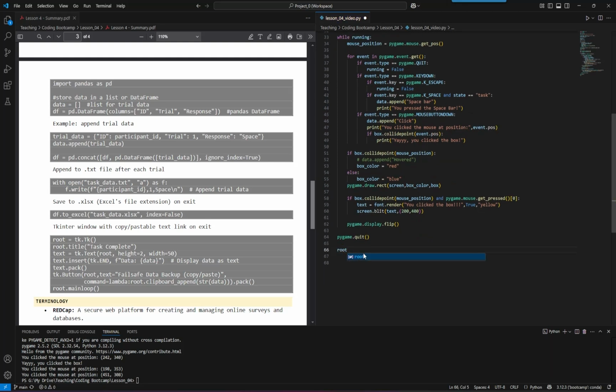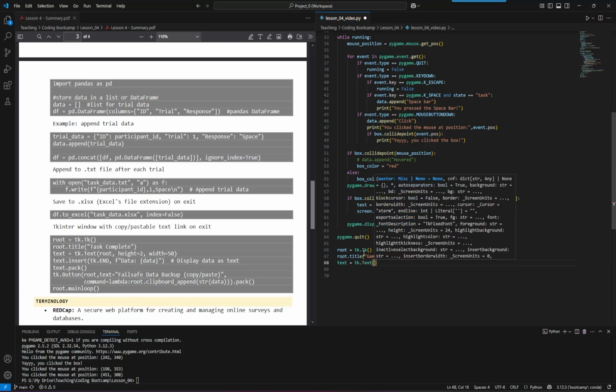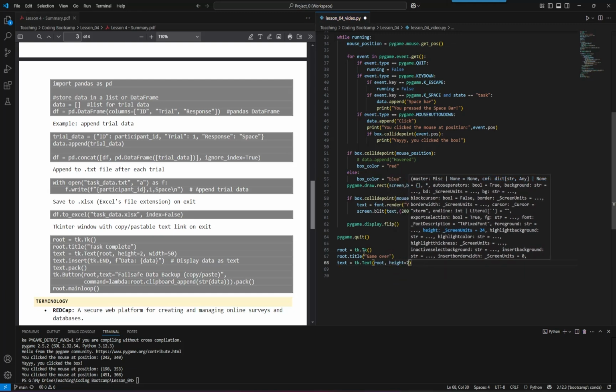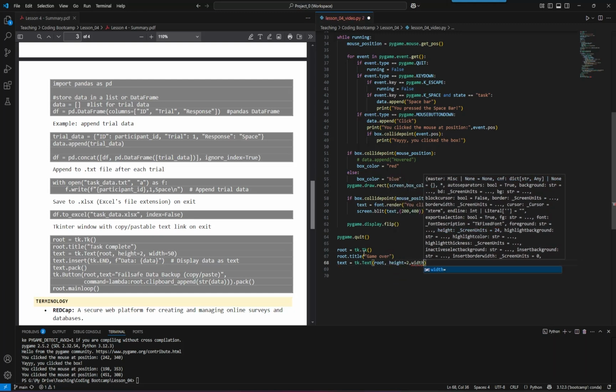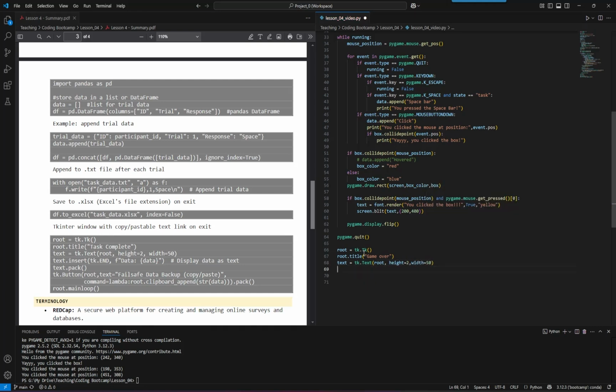I'm going to create another instance of our tkinter window. So I'm going to say root equals tk.Tk, and then we can change that title to be game over. Then after we're done with that, we're going to insert something. We're going to create a text. We're going to say the text is tk.Text. We want to give it that window, which is our root, and we can give it a height and then a width, just so it resizes it a little bit so we can see the full window. Then we're going to text.insert